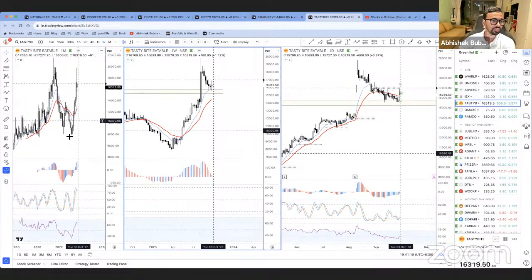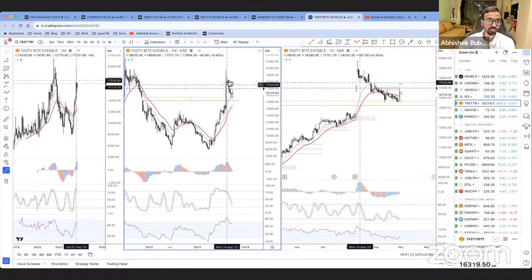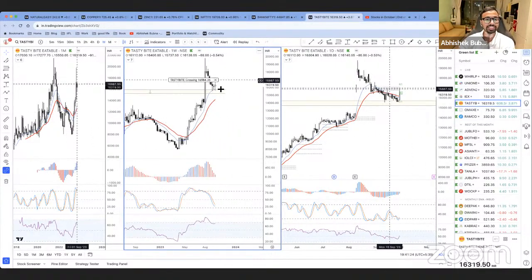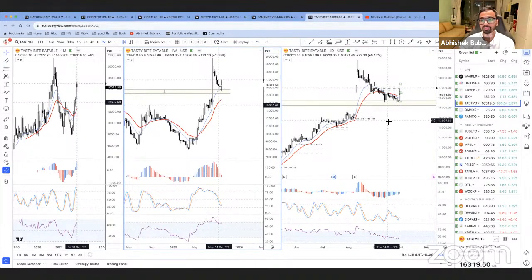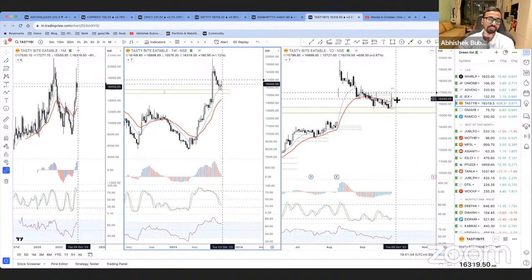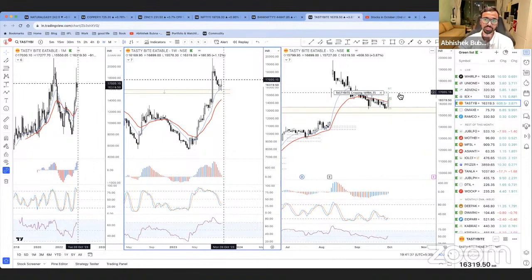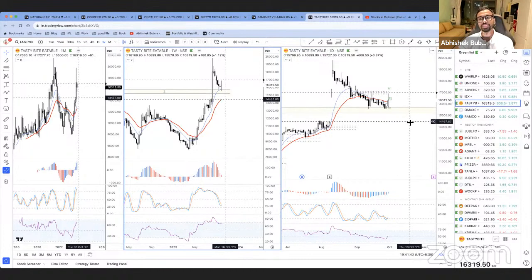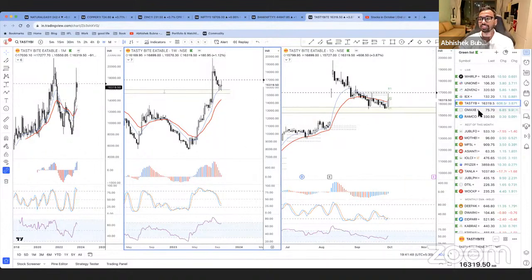Okay, next we have Tasty Bite Eatables. Now, of course, it started with monthly bullish divergence, gone up, exhausted this weekly gap, and is it at a retest of the gap? At the retest of the gap, we have a bullish divergence in the daily chart. All right, so this could be an opportunity. Once again, you need the prices to break the high of the weekly chart, which is where my alert is, which is also above the narrow monthly CPR. So Tasty Bite Eatables is also one of the stocks that you want to watch, right?